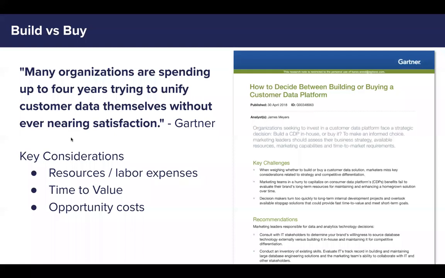An example I wanted to bring up here was a study by Gartner saying many organizations are spending up to 4 years trying to unify customer data themselves without ever nearing satisfaction. And this is what I talked about moving forward, is that you get many companies trying to jump in feet first. They're trying to go too high up that maturity ladder, almost too fast, almost losing sight of those strategic objectives or looking too far ahead of those strategic objectives. And then a project is lasting like 4 years. And by the end of it, it's either become irrelevant, or technology has overtaken it. Something's come along and almost done the job that you've invested 4 years and huge amounts of resources in.